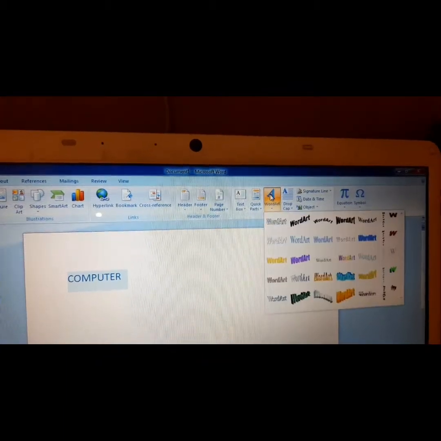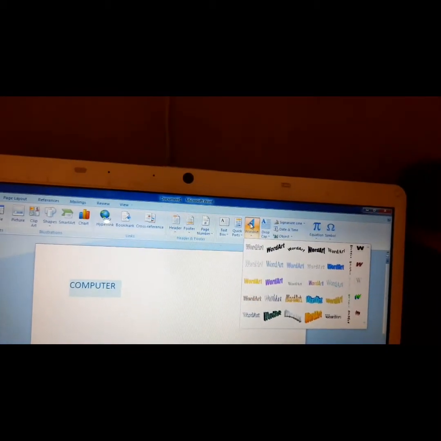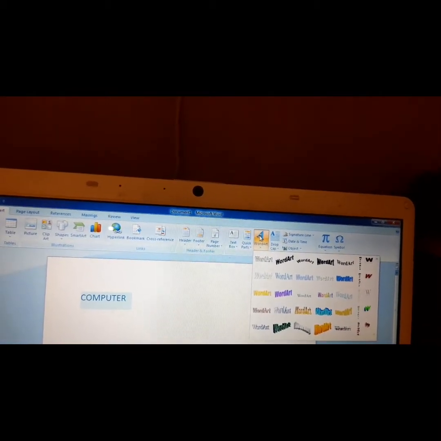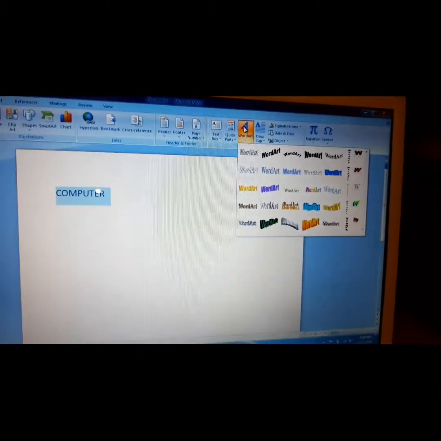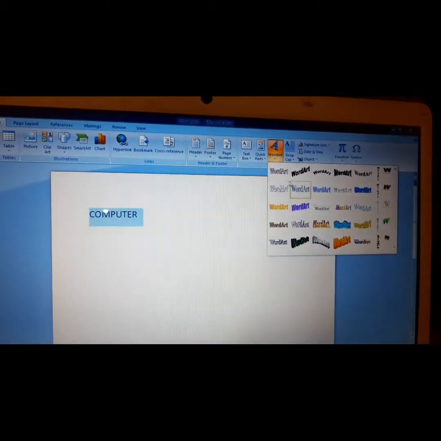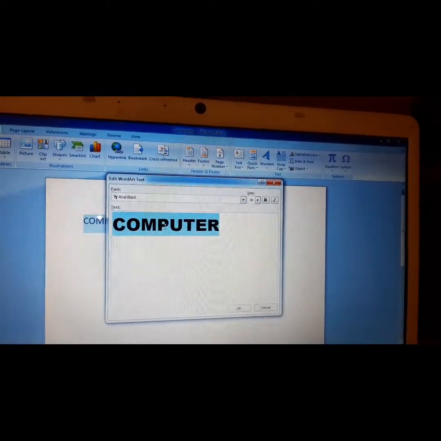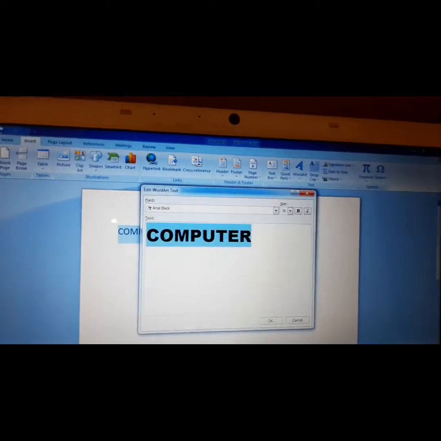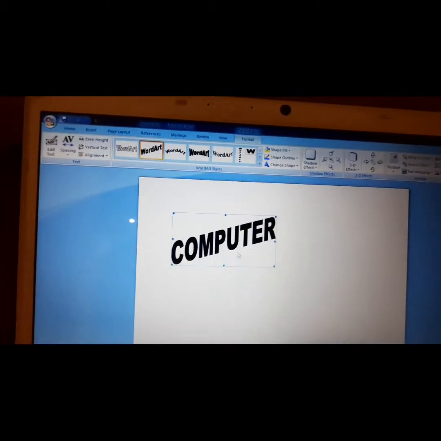When you click on this icon, you will get a list of different effects, and whichever effect you want you can click on that and you will see the change. See, I will start from here. Now here this is the text that you typed, it came here, so type OK, click OK here.